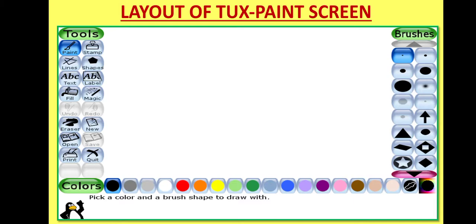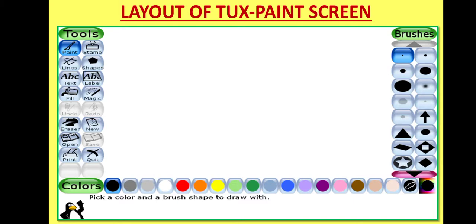Right now as you can see that the paint tool is selected as it is highlighted. So on the right hand side you have brushes of different thickness. In this way, whichever tool you select, its subtools will appear on the right hand side.